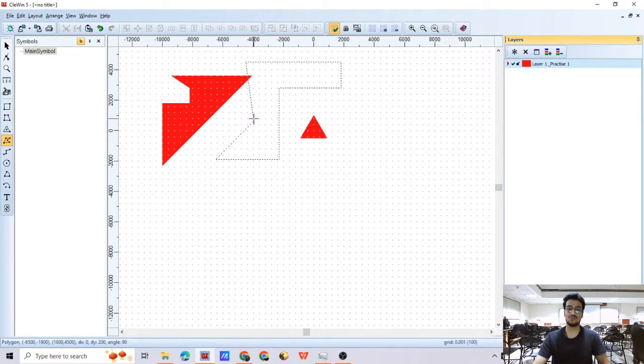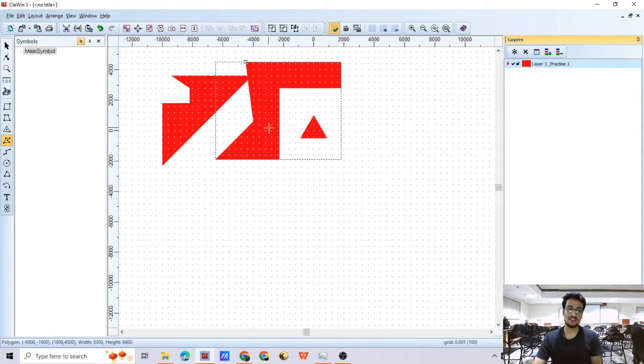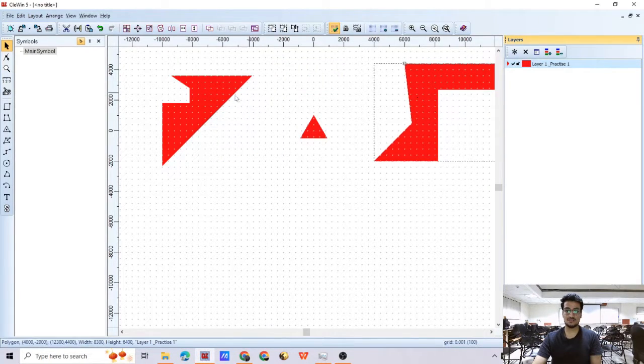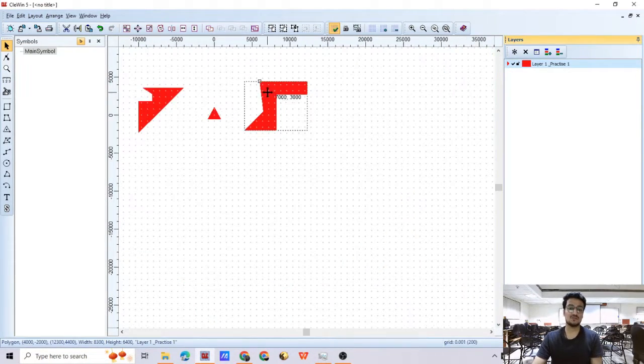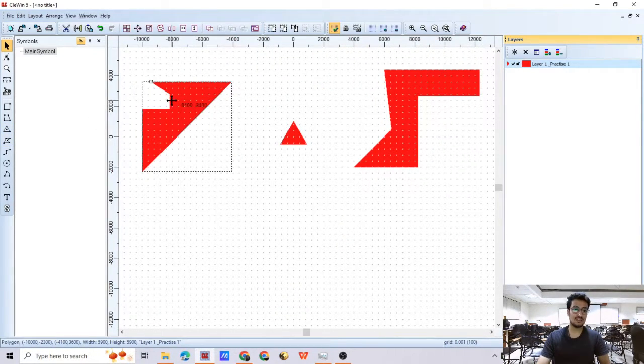And now I want to finish this polygon, so I can do a right click. Yeah, so now it's finished. I can select, move it here. Yeah, so by this option we can make rectangles. By this option we can make trapezoid, again 4 sides. By this we can make polygons, but the angle will be same between two adjacent sides. Here the angle is changing, if you see, because we are selecting each and every node. To end the operation we have to do a right click,